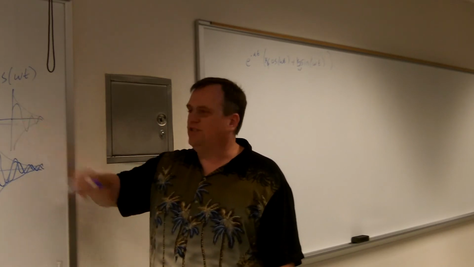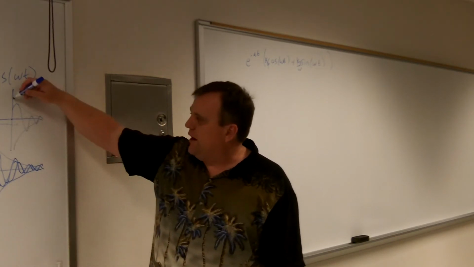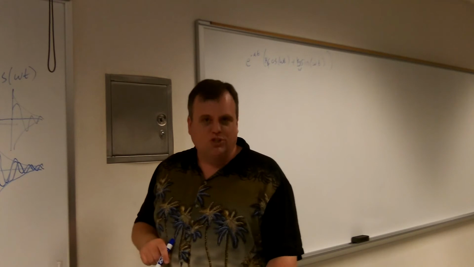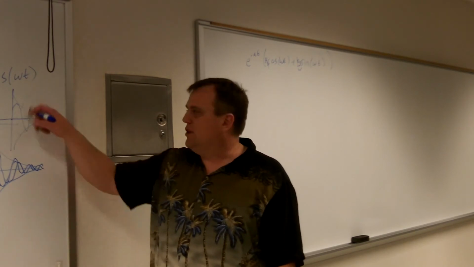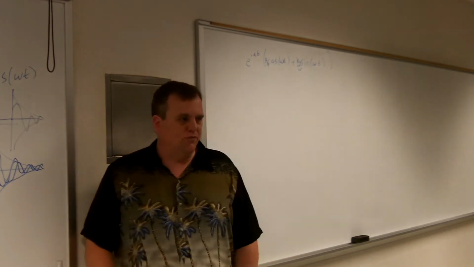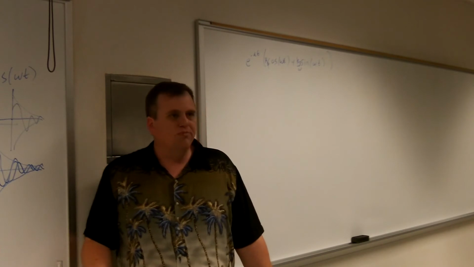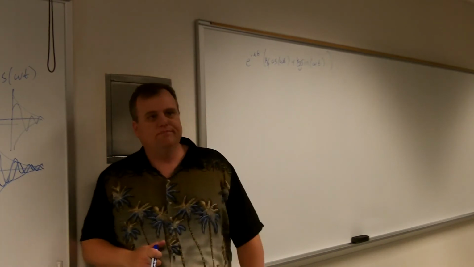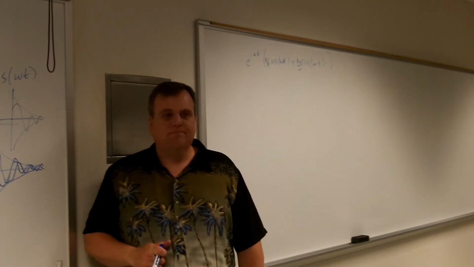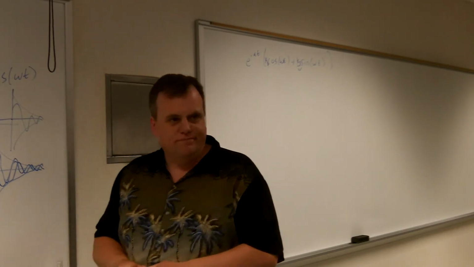If it starts right at 0, it was just sine. If it starts right at the initial condition, then it was just cosine. If it's somewhere in between, it's a phase-shifted version of them, or a summation of the two. So going back to the example we were working at before, that's just going to generate an e to